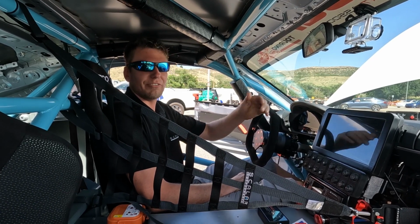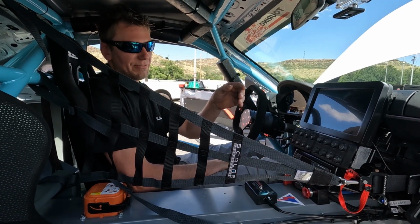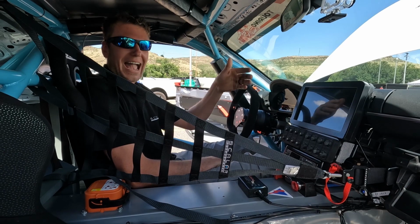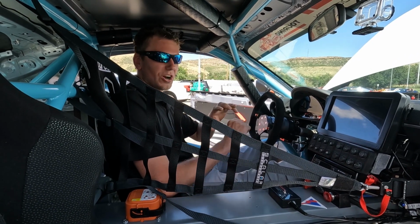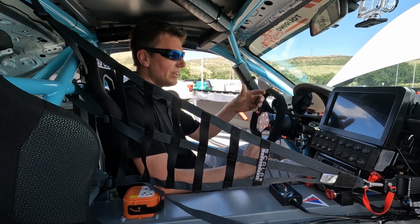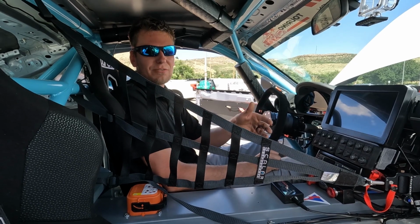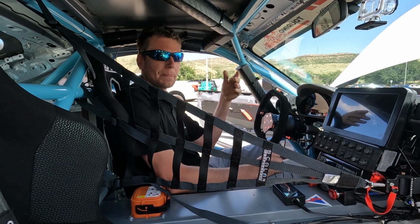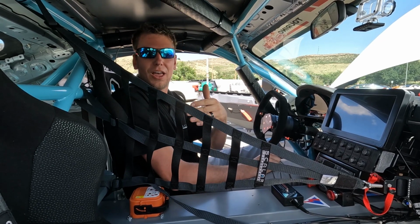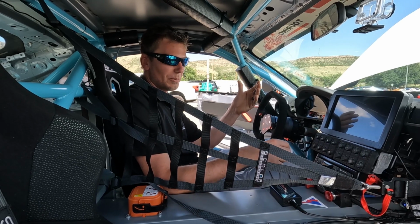So that's why we followed FIA, which is why you see an HV status light. This light is green if the car is safe to touch. If high voltage is active, that light's green. First responders know if they approach the car that the car is safe to touch. I can handle it, I can pull the driver out, everything's good. If that light's red, that means there's a high voltage system fault. That could be either high voltage leaking into the chassis, or it could be a problem with the BMS system. There's something wrong with the high voltage, and that will trigger first responders to come up and push the